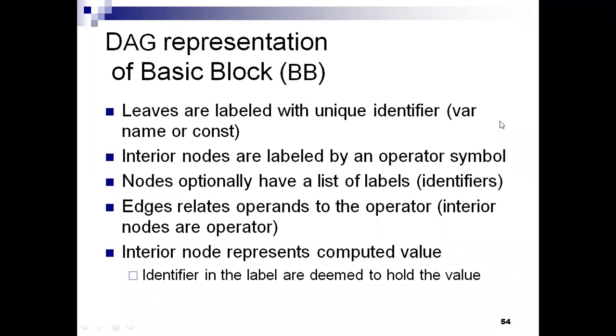Without knowing how to represent the DAG, it results in failure. So initially we need to know that a DAG can be constructed for the following types of labels on the nodes. What do those mean? Leaf nodes are labeled by identifiers, variable names, or constants. Generally, leaves represent the R values, and interior nodes store the operator values.